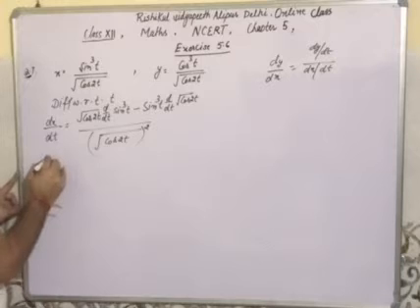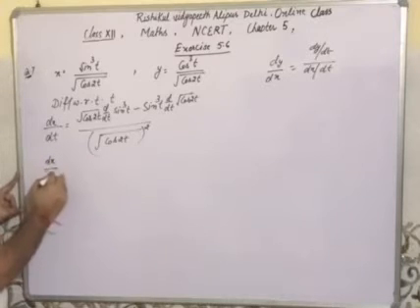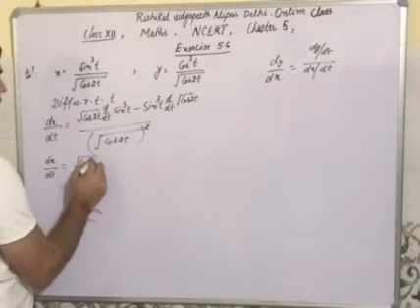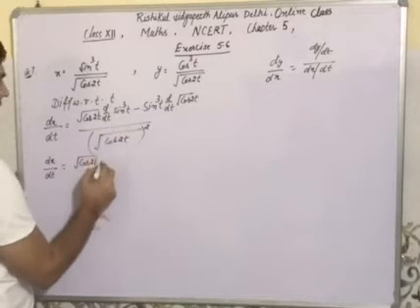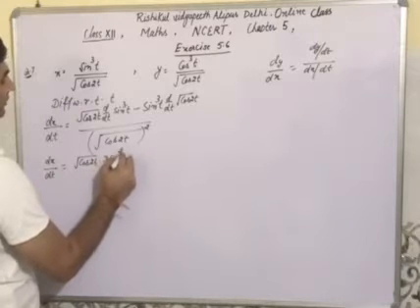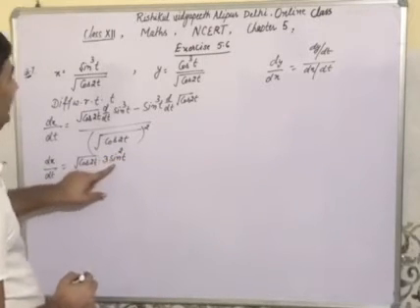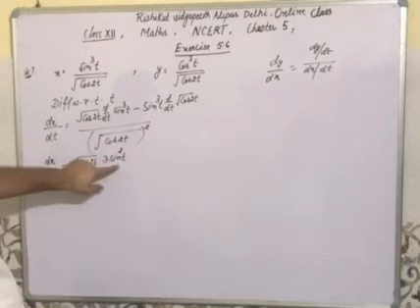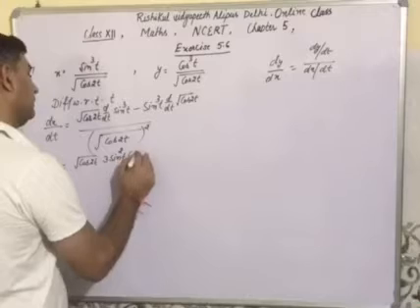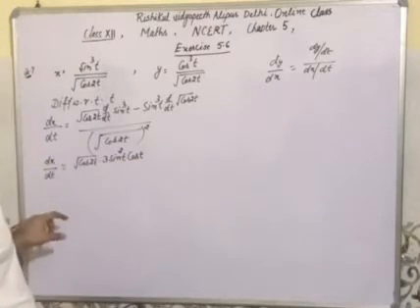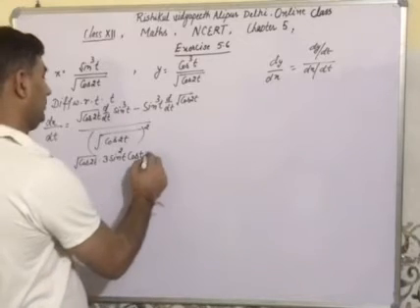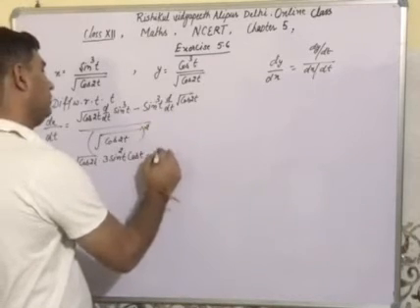Then dx upon dt is equal to square root of cos 2t, and this differentiation is 3 into sin square t, and sin square t is sin square t and the derivative of sin t is cos t, and the derivative of t is 1, minus this sin cube t,